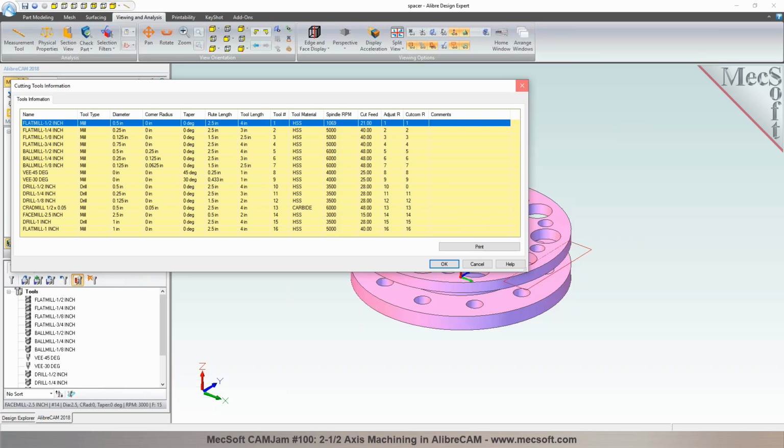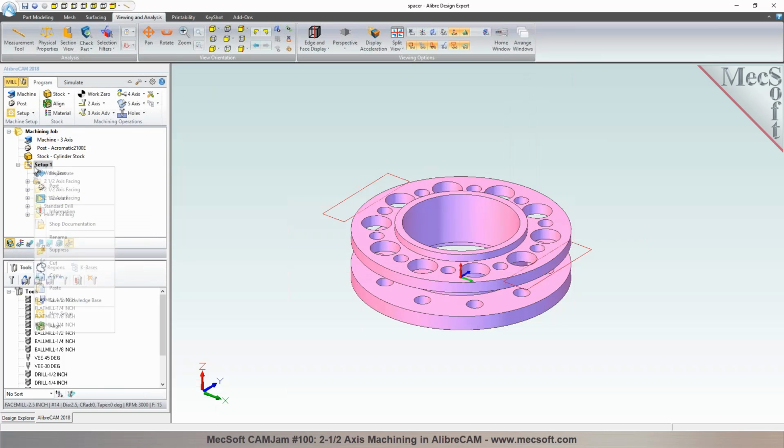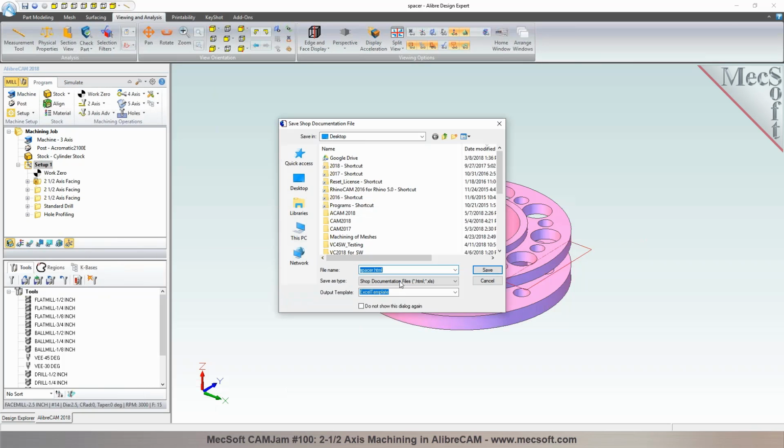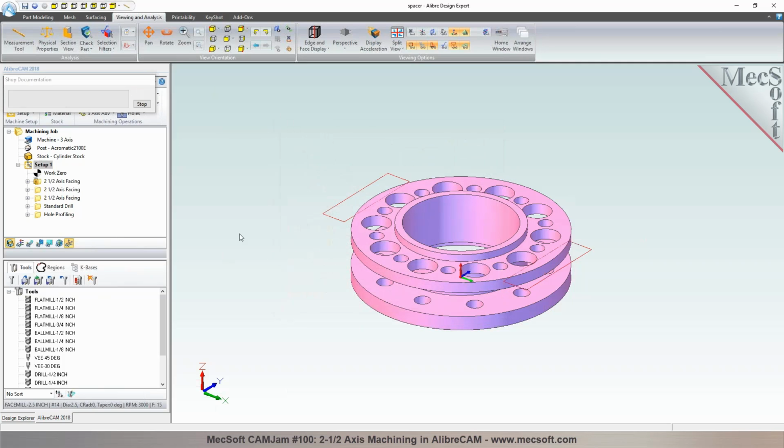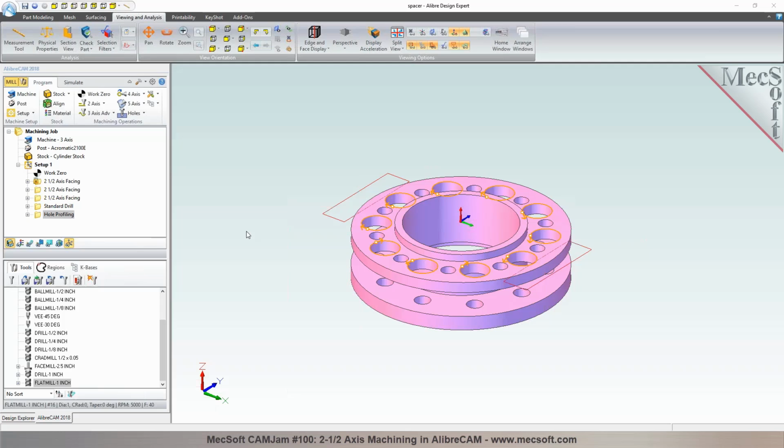Now we can generate a setup sheet. You can right-click and choose Shop Documentation. This would allow you to select a template in here, and then you can specify a file name to it. By default, it'll pick the name of the part, and this creates a nice little HTML report which gives you information about